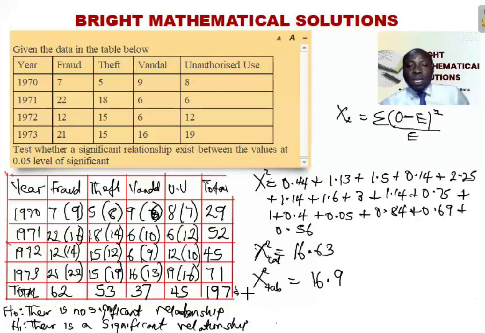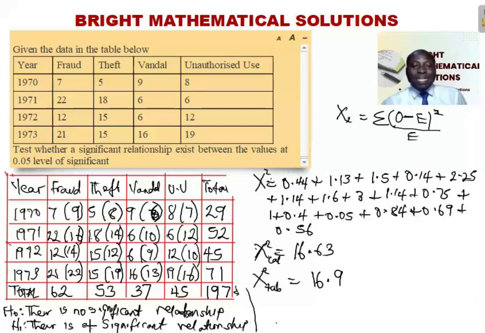Now, to make the decision, if this calculated is greater than the tabulated, we accept the null hypothesis. But look at what we calculated. 16.63 is less than 16.9. Definitely we are going to reject the null hypothesis and we are going to accept the alternate hypothesis, which says